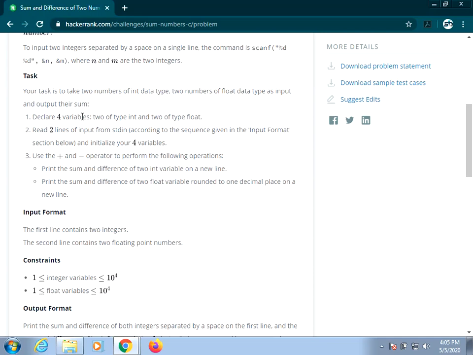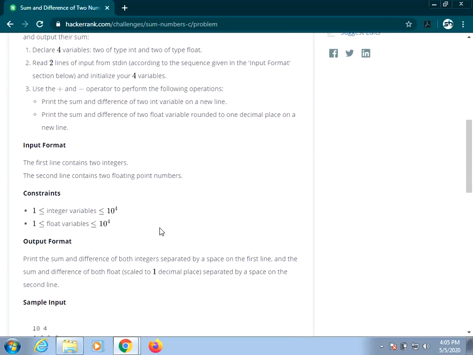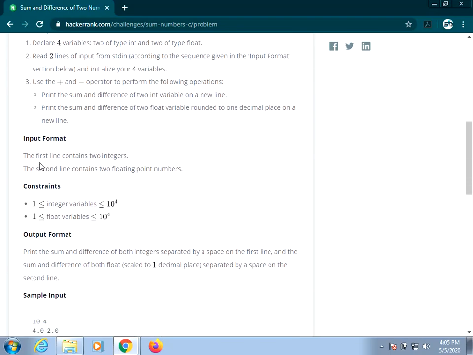That is, you have to declare four variables, read those four variables from two lines of input, and you have to print the sum and difference of integer variables on one line, and the sum and difference of floating point variables on the second line.